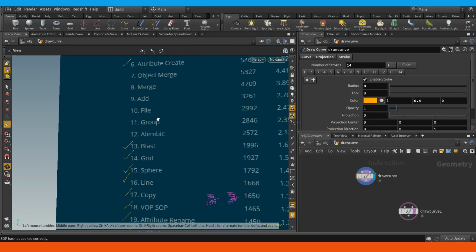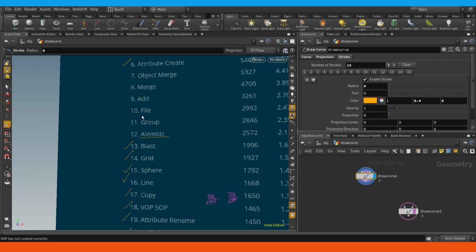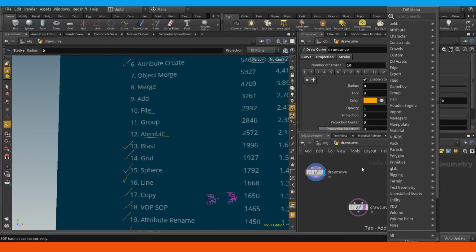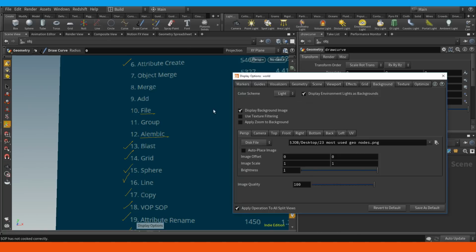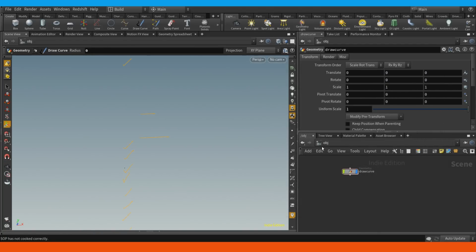So next up we have the alembic. And also, because it's similar, we'll do the file. So let's have a quick look at them. The file node, you actually would have noticed at the start of the lesson. I'm going to hide this again. If I create any